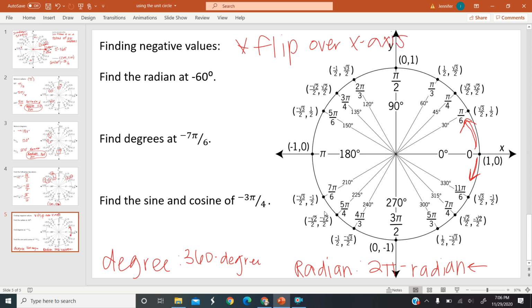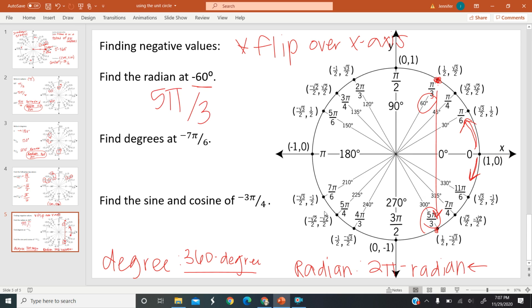So let's use an example of the first one, the radian at negative 60 degrees. Just go to positive 60 first, which is right here at pi over 3. And then we're going to flip it over the x-axis. So we're just going to go directly across the x-axis, whether that's up or down, and we end up at 5 pi over 3, or at 300. If you were using the 360 rule, it would have been 360 minus 60, and you still would have ended up at 300 degrees. So the radian there is 5 pi